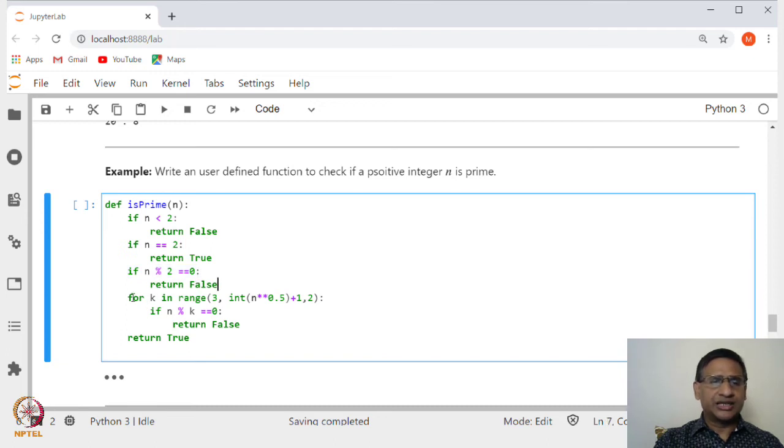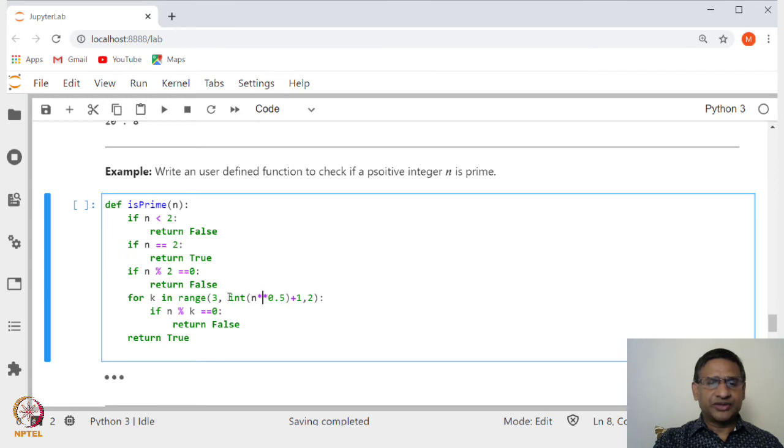Otherwise, you check k between 3 and so on. You need not go all the way up to n. It is good enough if n has a divisor that is less than or equal to the square root of n. If you cannot find a divisor up to the square root of n, then you cannot find it later.